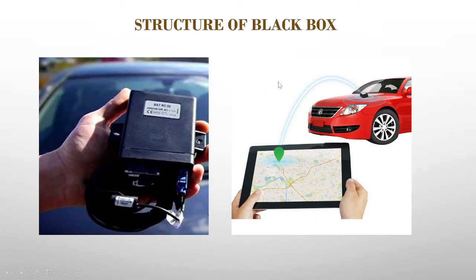This is the structure of the black box. Here we can see it is present in every car. Previously, only flights had black boxes, but nowadays it is a must that every car has a black box because it records everything like speed, location,